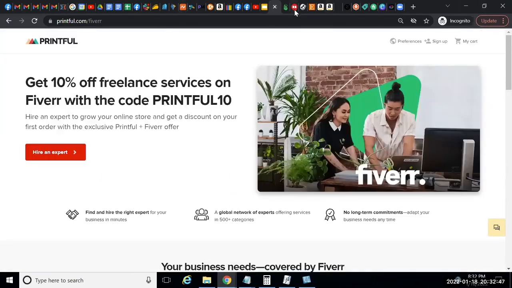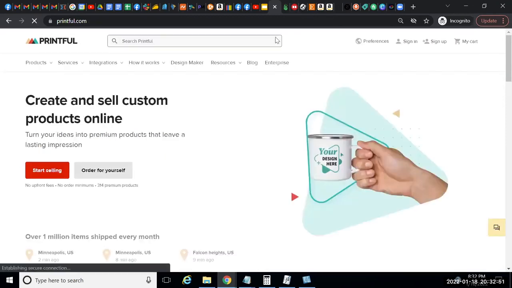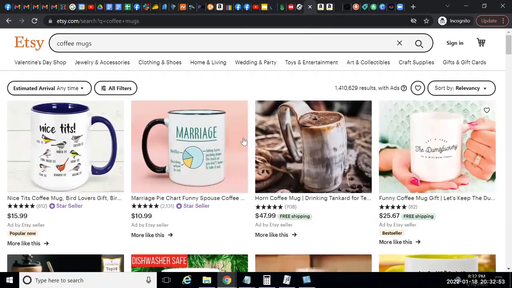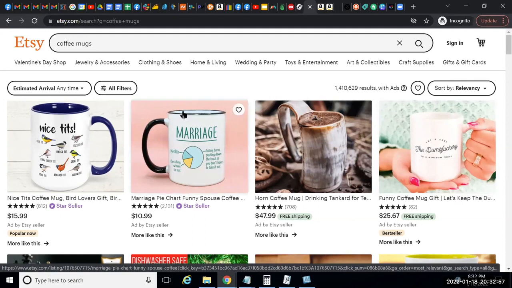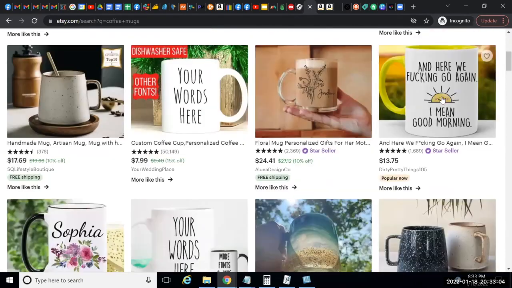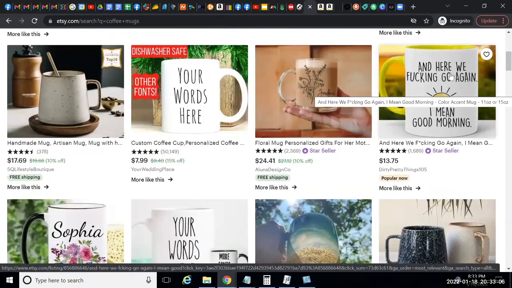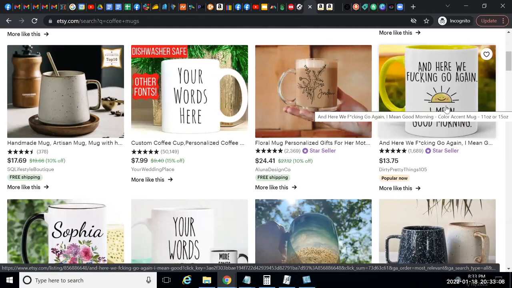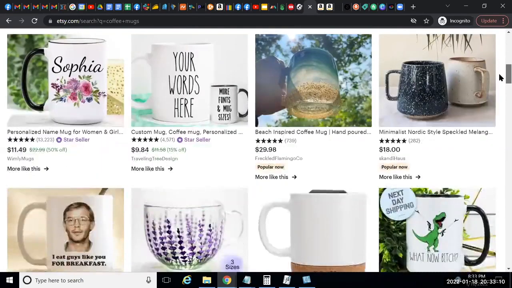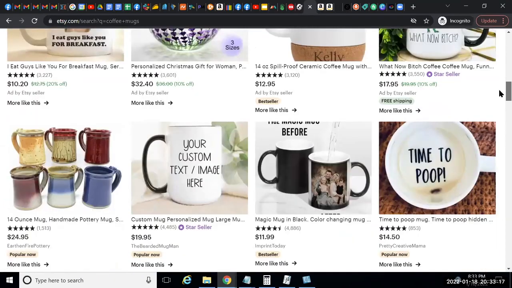So let me just say this, before you decide that you feel like you need to hire somebody to design for you, I want you to think about, how difficult is it to make this? This right here might be a little more involved, but you could still make it to put onto the front. This one you can make. You can make this to go on the front of a coffee mug, of course. This one you can also make. So some of these you can make because you can get the designs directly from